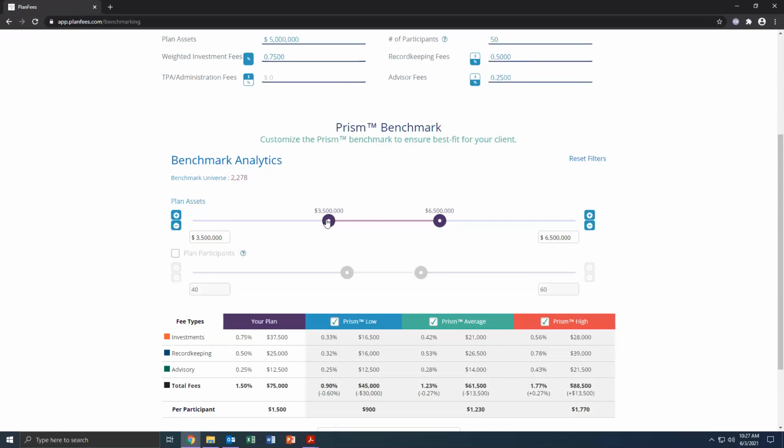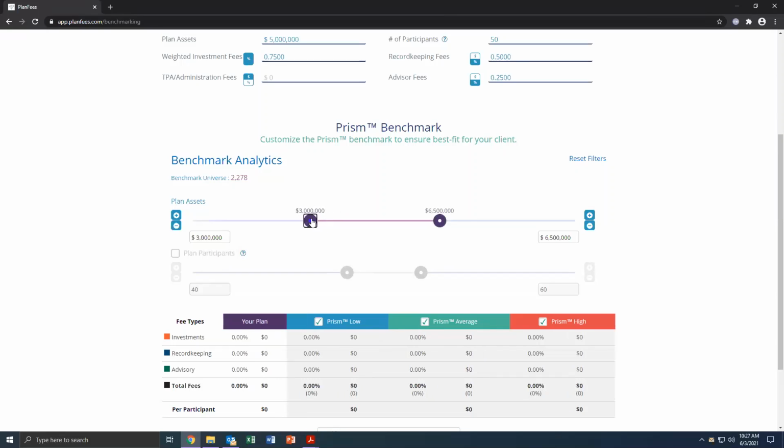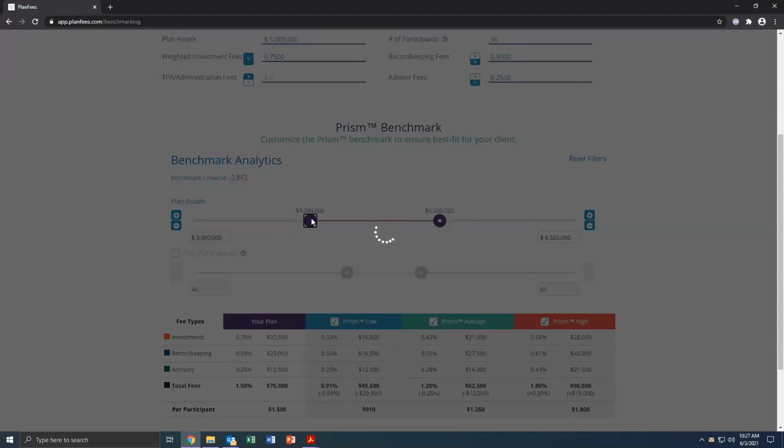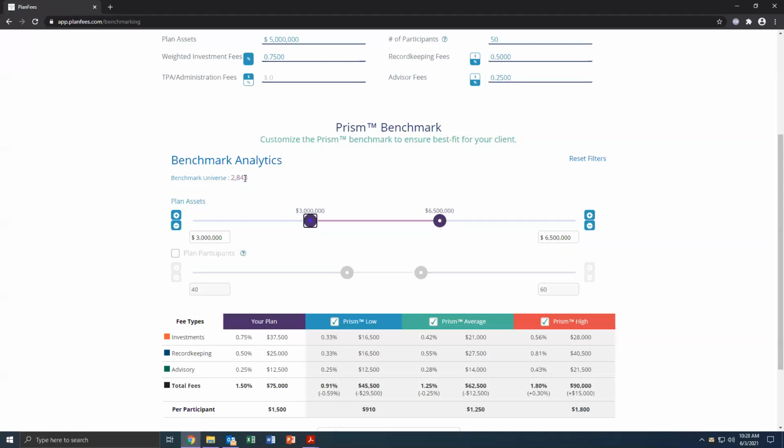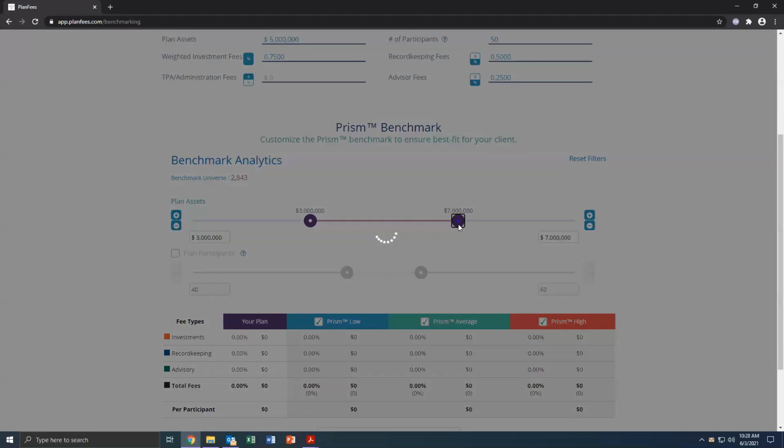You'll notice as well that we've got these slider bars for the universe that we're looking at. So we're easily able to make this more broad or more narrow as necessary. If I go down to 3 million here on the lower end, for example, you'll see we jump up to 2,800 plans. If we were to go over here on the right up to 7 million, we'll jump up to